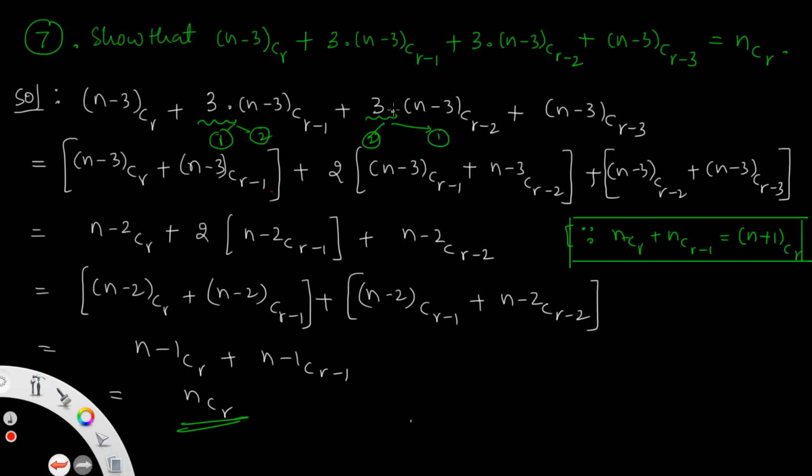Our convenient, we are splitting the terms. Here, 3 terms of (n-3)C(r-2) means 2 times 2 times (n-3)C(r-2). In this, 2 is common, that's why writing (n-3)C(r-1) in this term, and again this term in the one term, plus again (n-3)C(r-2). Two terms are over, remaining one term (n-3)C(r-2) by adding this last term.